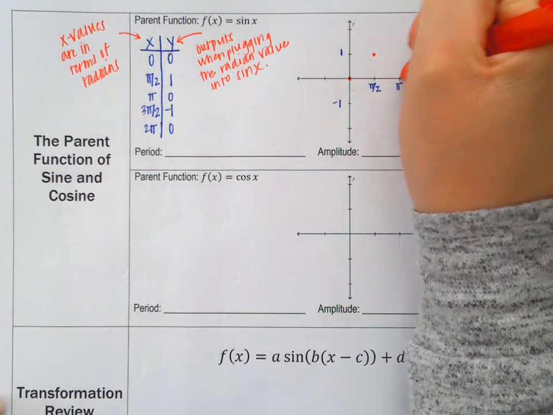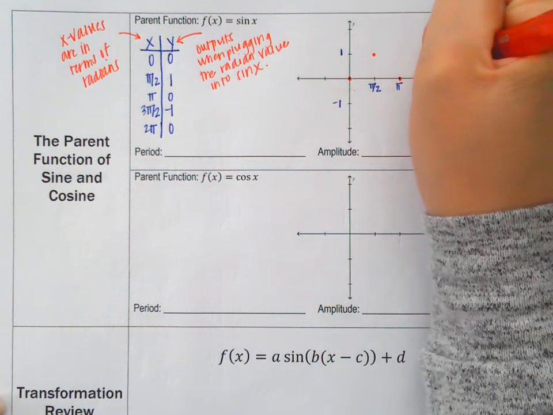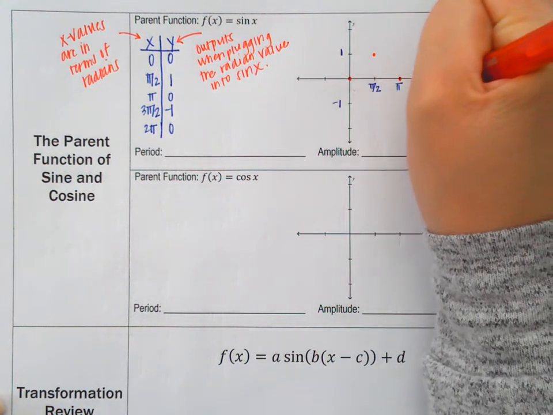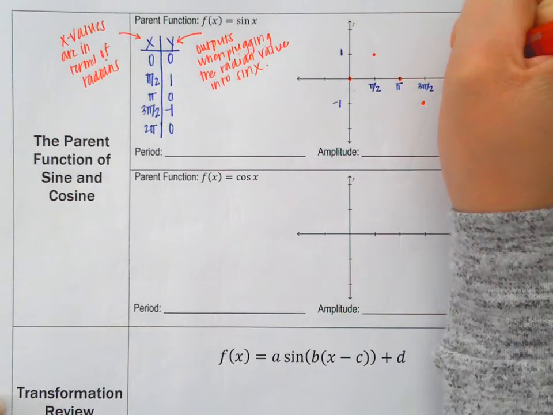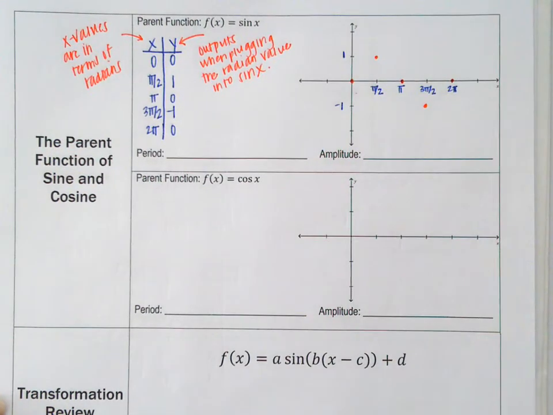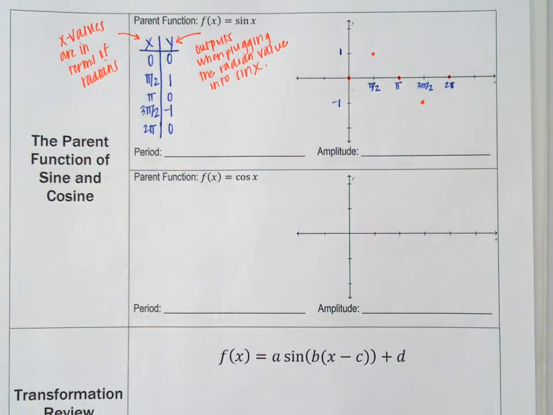Pi is at 0. 3 pi over 2 is at -1. And 2 pi is at 0. Now, if I wanted to keep going, let's say I wanted to keep finding new points. So the next one after 2 pi